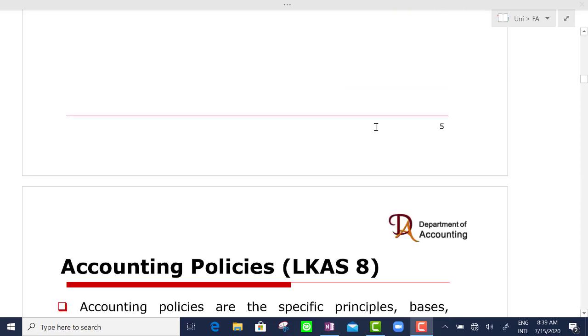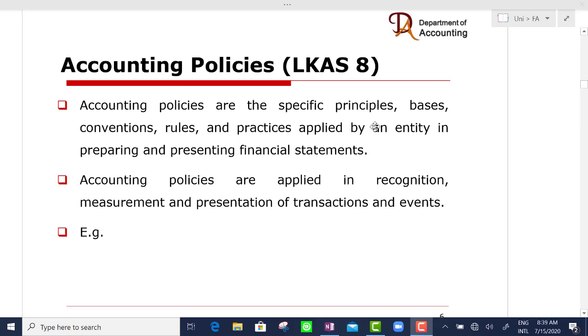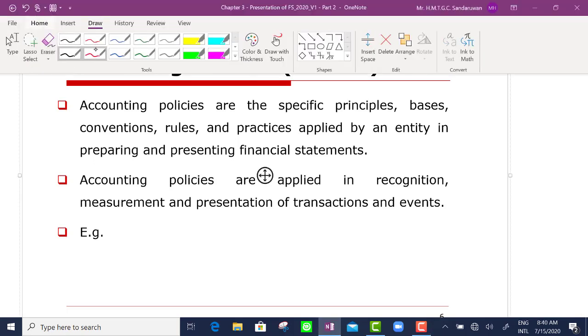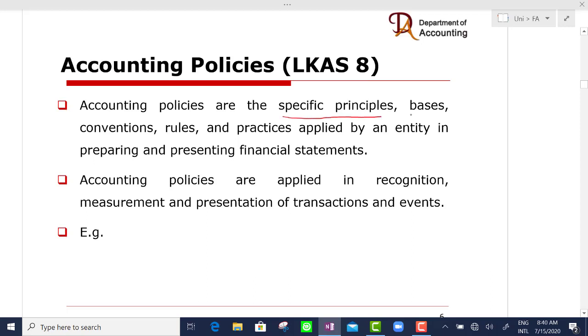Okay, now as per the LKAS 8, accounting policies are defined as specific principles, bases, conventions, rules, practices. What are the accounting policies? Specific principles. විශේෂිත මූලධර්ම. Bases, ඒ කියන්නේ පදනම්. Conventions, ඒ කියන්නේ සම්මතයන්. Rules, රීතීන්. Practices, භාවිතයන්. Okay, applied by an entity in preparing